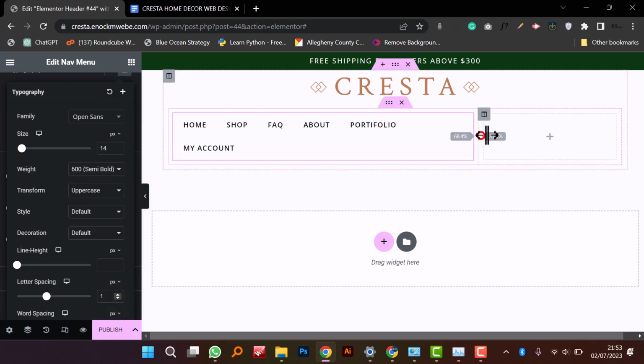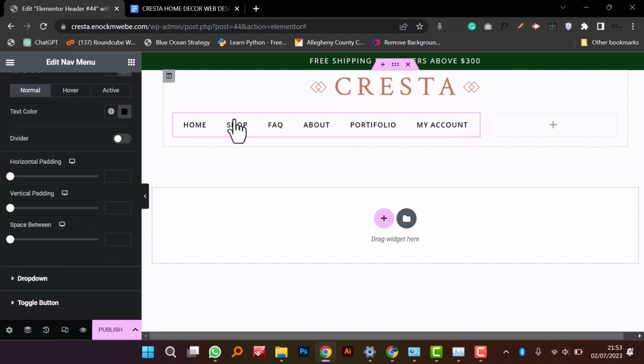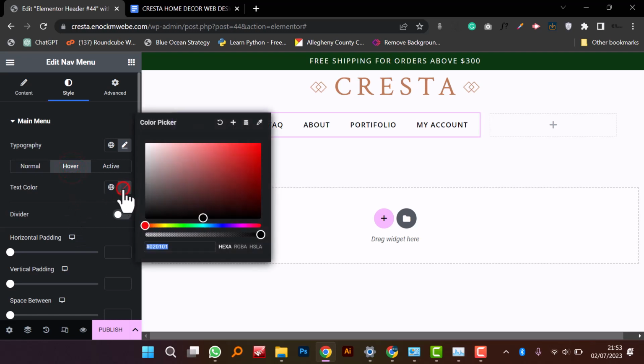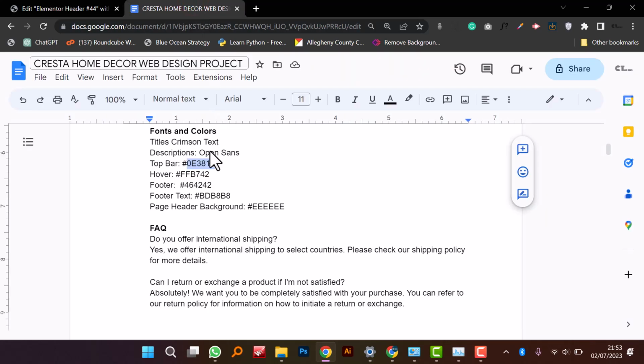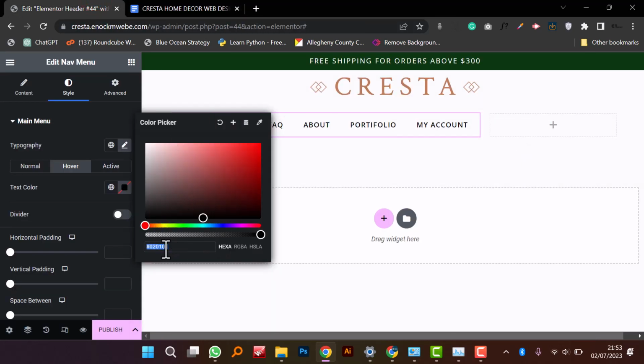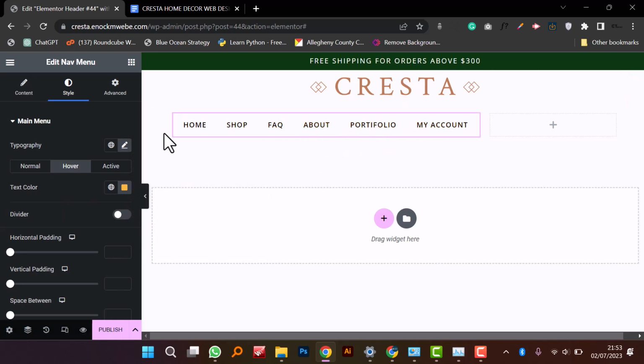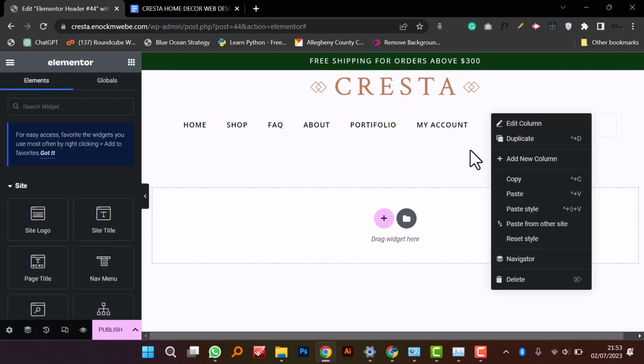Yeah, I'll still drag that out, just to make sure it's looking nice. So on hover, I want this text to change to something different. I think I'd saved another color code for hovering right here, and I'm gonna paste it in. It's that yellow. So when someone hovers, it's gonna look like that. Then what we're gonna have on this next column, I want a search bar and